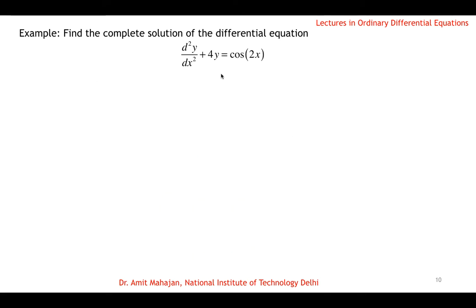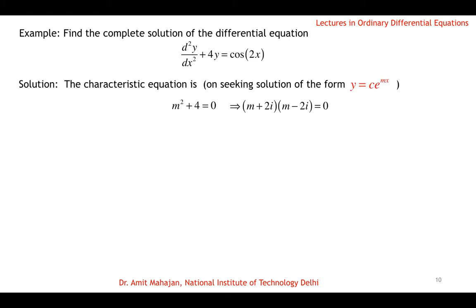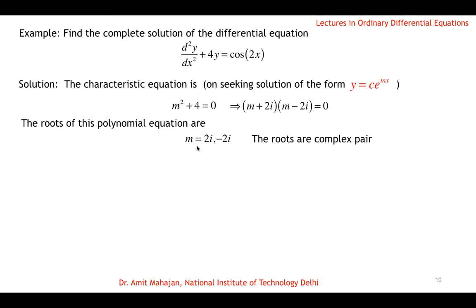Say we take another example. Say solve this second order non-homogeneous differential equation. Again, first the characteristic equation, which is m square plus 4 equal to 0. Solve this, two roots, m is equal to 2i, minus 2i, a complex pair. So in this case, e raised to power ax cos bx plus e raised to power ax sin bx. So in this case c1 cos 2x plus c2 sin 2x. So we can easily write the complementary function c1 cos 2x plus c2 sin 2x. This is a complex pair.